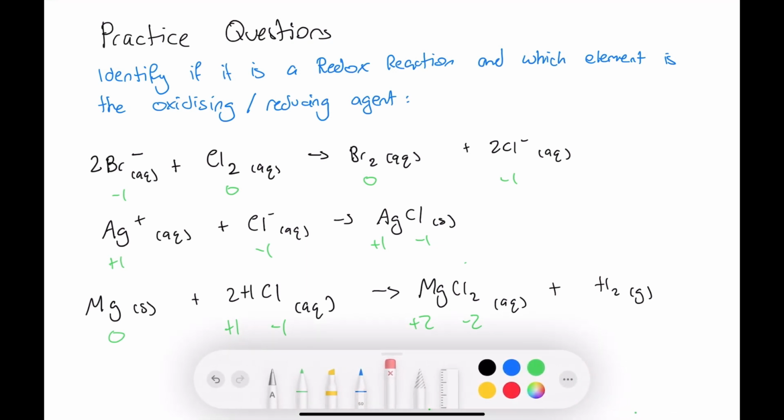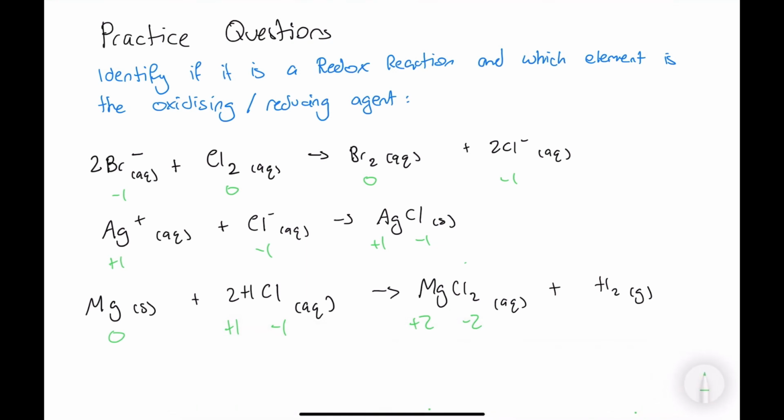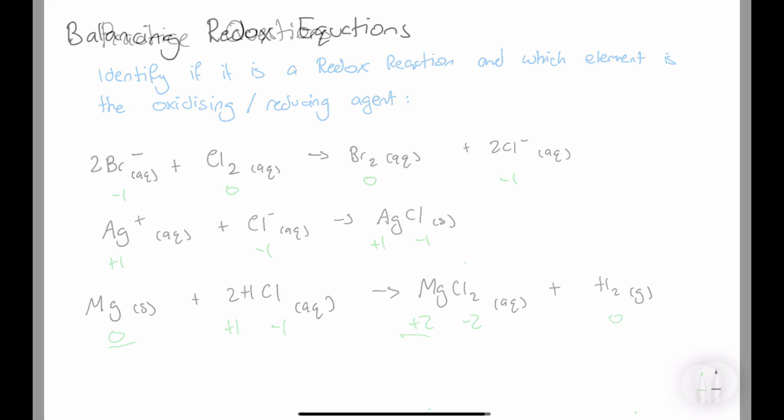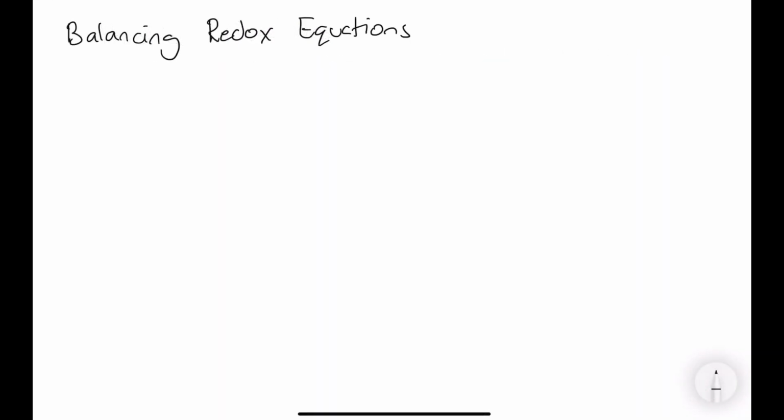the hydrogen doesn't really change. State is 0. So the magnesium went from 0 to +2, so it is oxidized, therefore it's the reducing agent. And then the chlorine went from -1 to -2, so it's reduced, and therefore is the oxidizing reagent, and it is a redox reaction. So in the IB, another skill you need to have is writing out the full redox